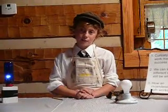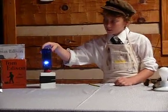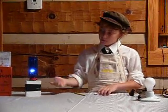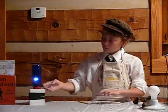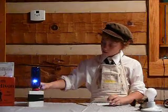Have you ever invented anything? I've invented a few things. Some of them didn't work and some of them did. I built this light bulb here. This is a blue glass jar with a small light bulb inside of it. When we hooked the wires to the conductor and hooked it onto the battery,